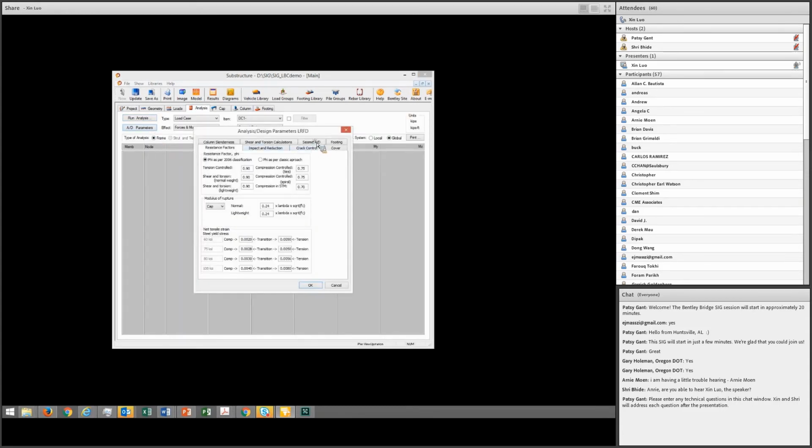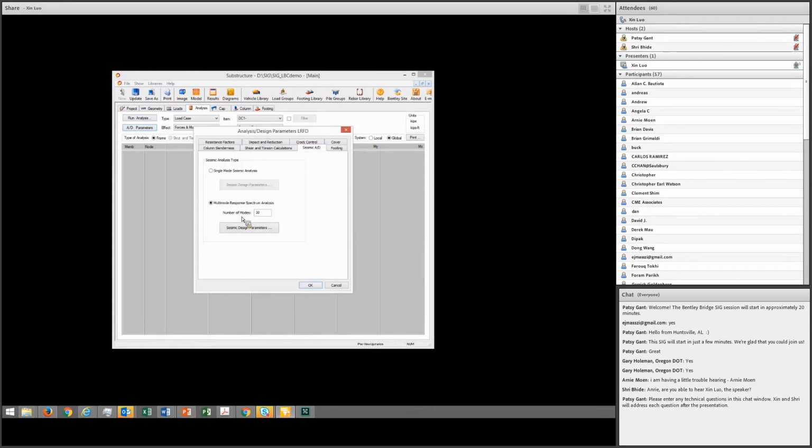Click the AD parameter, and under the seismic AD parameter, make sure you choose this multi-mode response spectral analysis, and the default number is 10. So we are going to use 10 as the default value. You can click